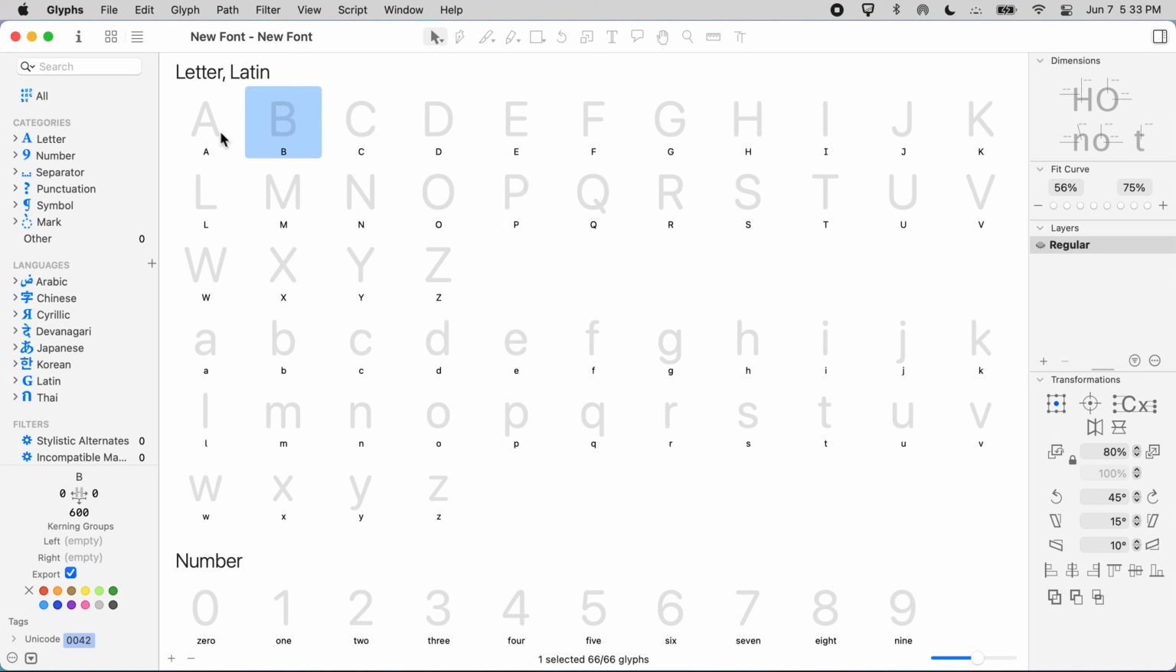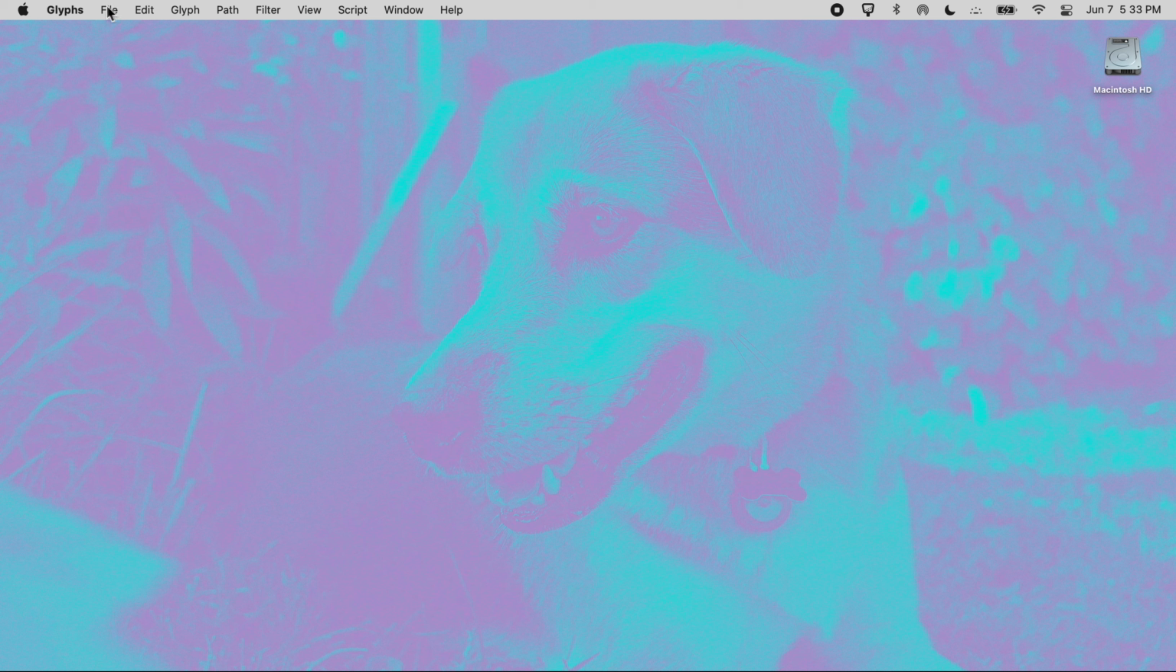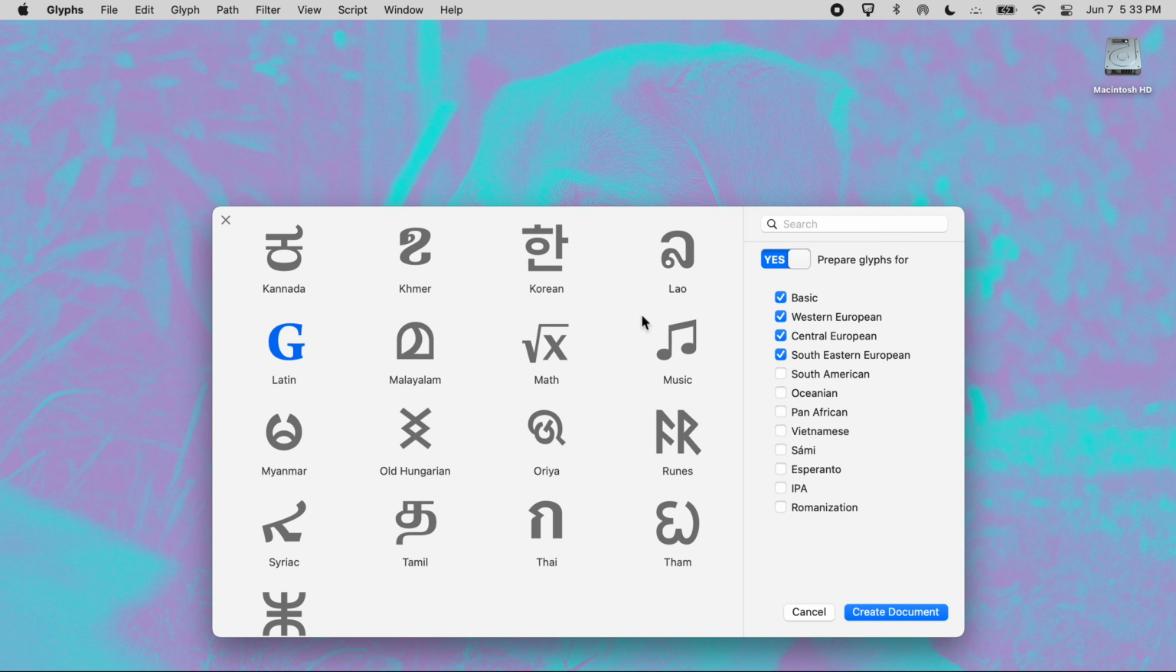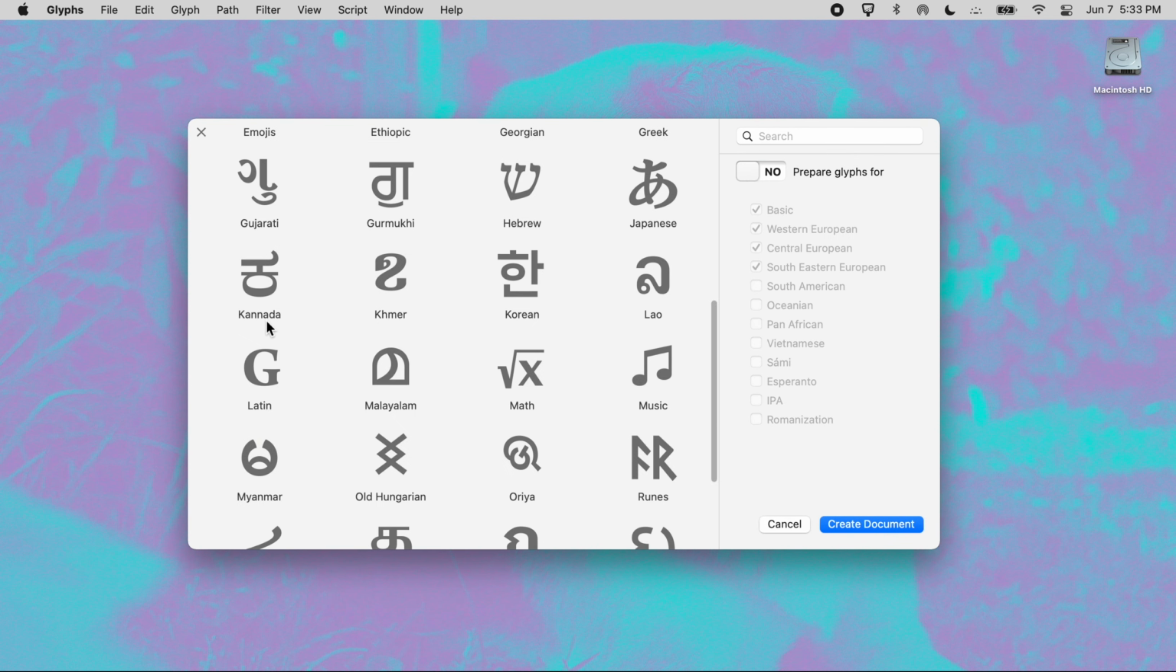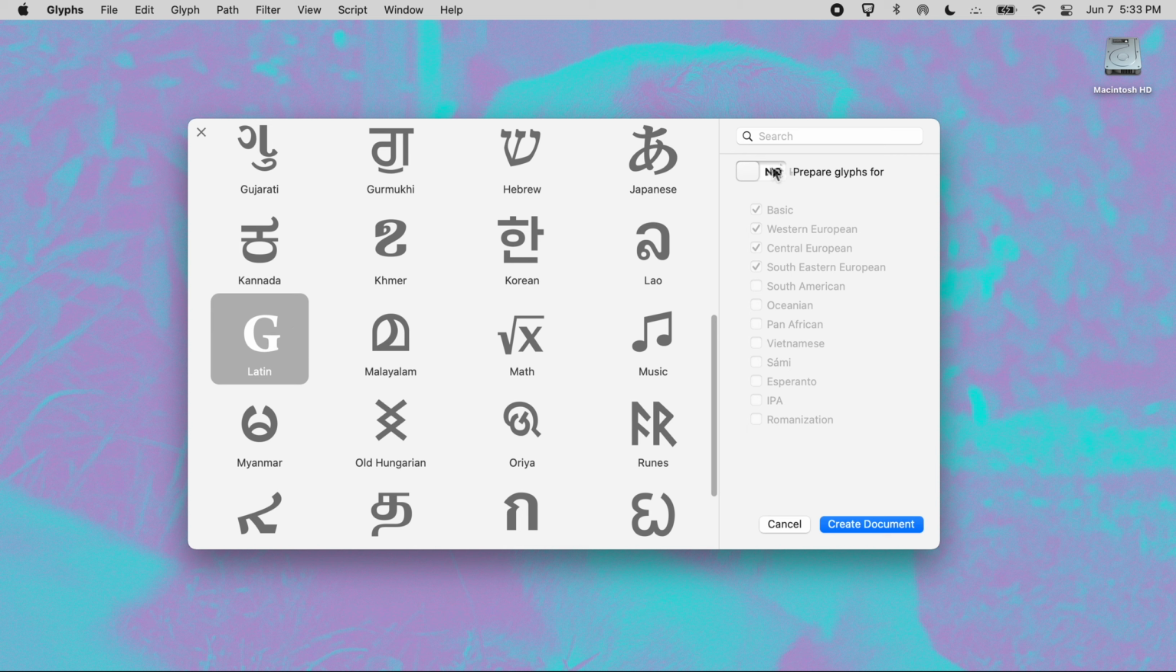But if you open Glyphs 2, this is what it used to look like. You just hit new file and you get this. The cool new thing with Glyphs 3 is that you can choose your set, which will automatically add the diacritics that you'll need, including the combining marks. So